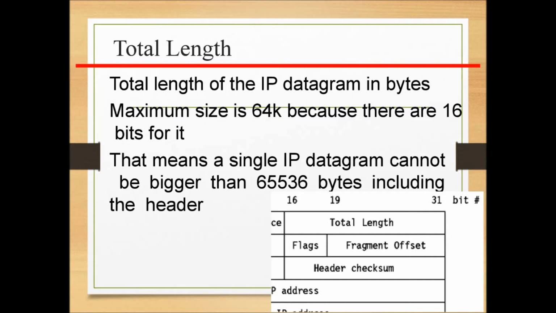It means if you are going to send data, the total of that data plus the header will be a maximum of 65,536 bytes. If the data plus header is more than this number, then you have to use a second packet. So a specific datagram, a specific packet, will be a maximum of 65,536. So this is total length. This is the restriction to send a specific IP datagram or packet over a network.